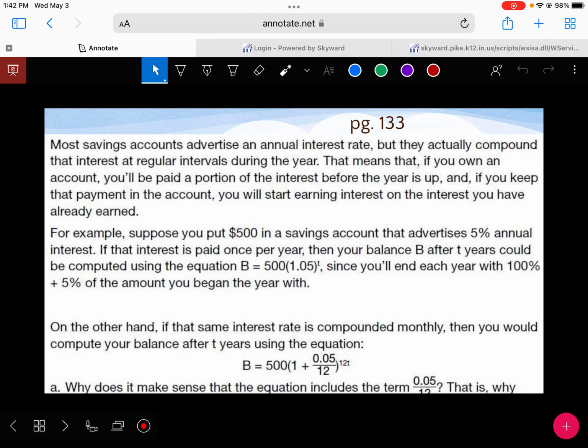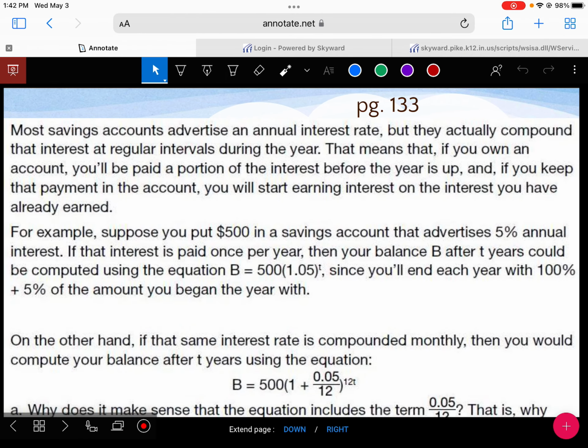All right, on page 133, we are talking about savings accounts and we are talking about interest. There is a lot to read. I will read it. I do need you to try to follow along. Okay? All right,